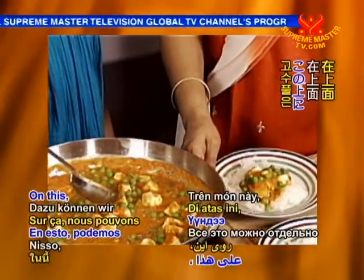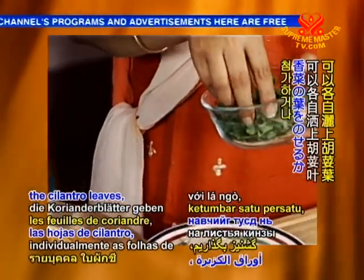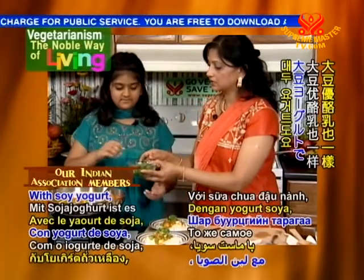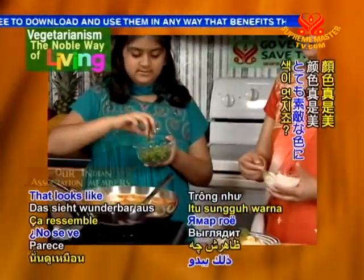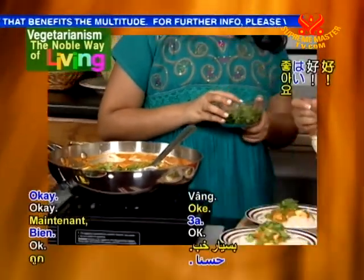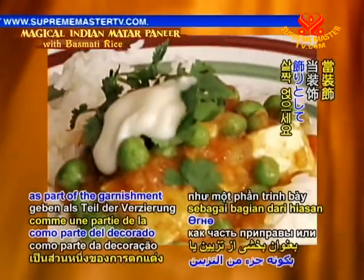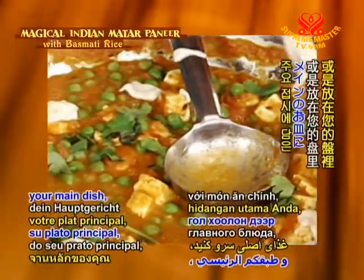Okay. On this, we can individually serve the cilantro leaves, or you can just put it over the dish. And we can do the same with the soy yogurt? Yeah, with soy yogurt, same thing. You want to sprinkle some on top? Sure. That looks such a wonderful color, isn't it? Really, really good. Okay. Now with the soy yogurt, if you prefer, you can just dab it on top of the dish as a part of the garnishment, or just serve it over your main dish, over the main